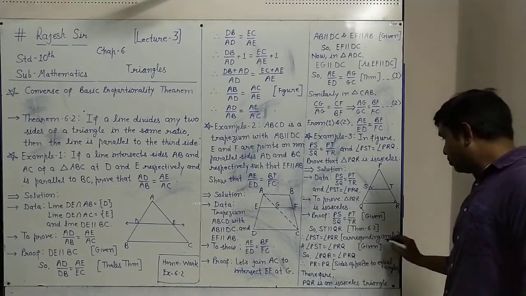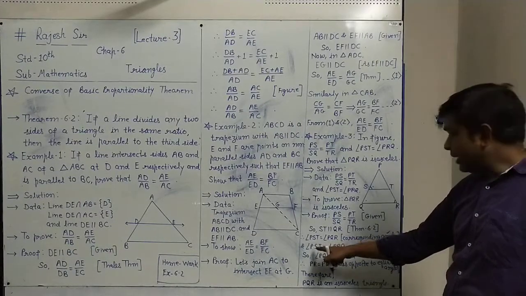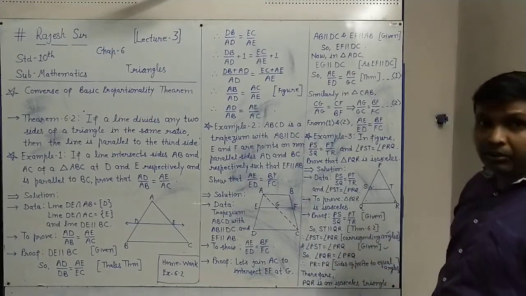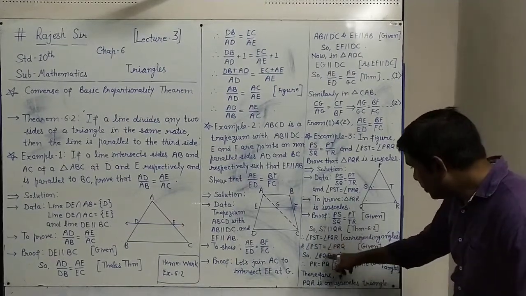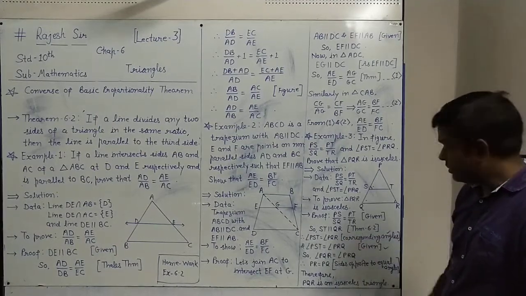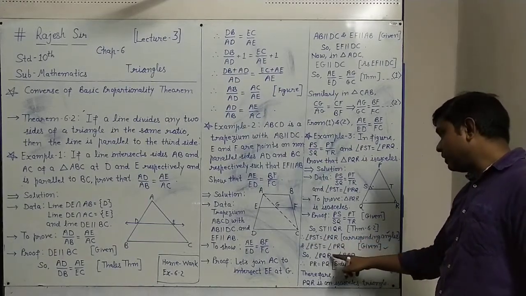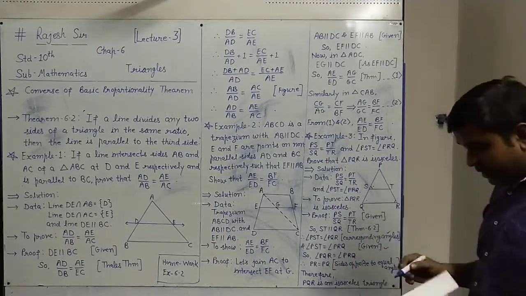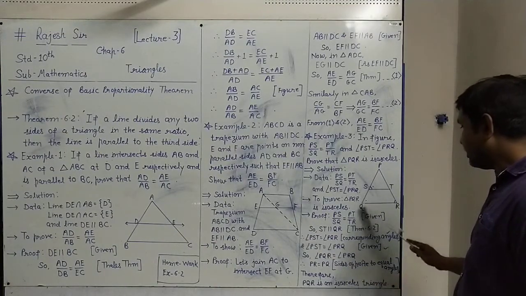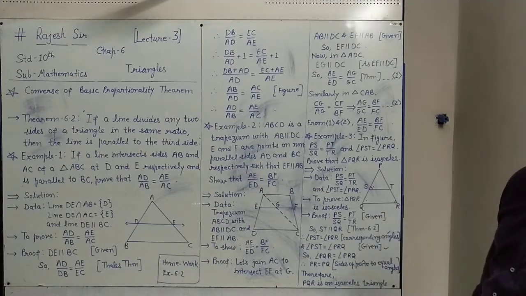So this we have proved, and this is given. In both you can see angle PST on the left side, so its right side will also be equal. So you can write angle PQR equals angle PRQ from both of these results. It is proved and it is given. What we have shown here actually: angle PQR, meaning this angle, equals angle PRQ, meaning this angle. These two angles are equal, we have proved.